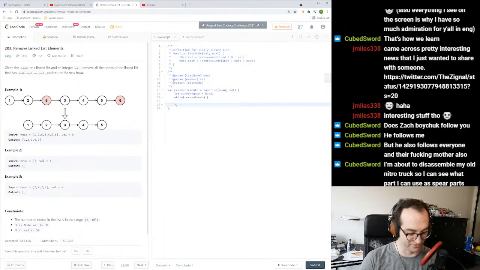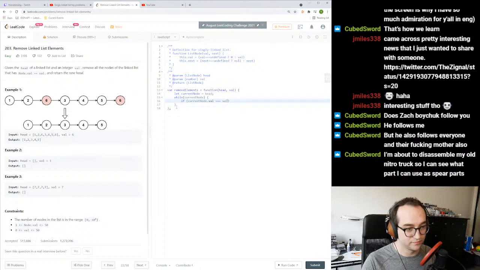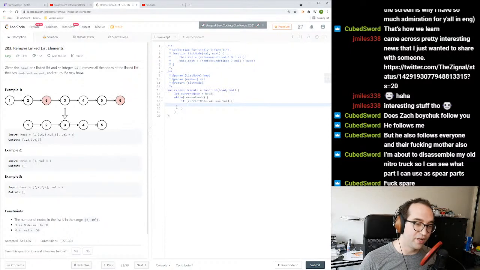Wait, there's no else there. What am I doing? While current node. If current node.val equals value, we want to actually take the current node